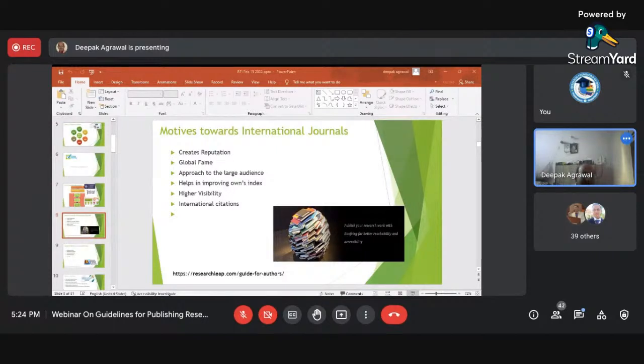Now, once we have decided, it's time to search for the appropriate journal. How can we move ahead? You can simply go through Google and search for journals, or there are various other options available that we are going to discuss in later slides, which will help us identify the respective journals. To a broad extent, first identify the various journals as per your choice. For me, I want to get my paper published in a management journal, maybe national or international. I search for it.